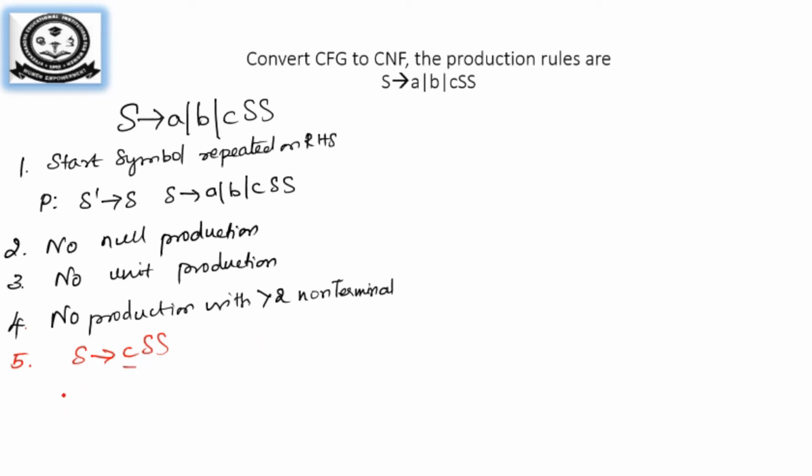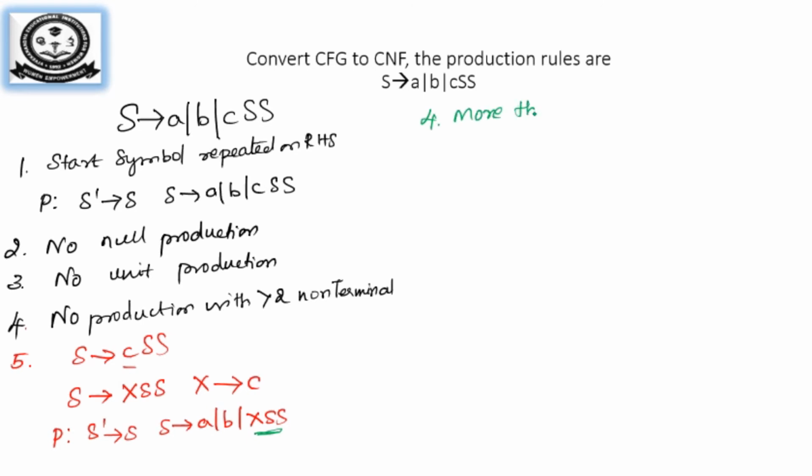So how do we remove it? So this will be implied as C tends to, we'll take X, S, S and X tends to C. So the final production rule will be S dash tends to S and S tends to A or B or X, S, S. So now you can see it is having more than two non-terminal symbols on the right hand side, so you have to remove that. So it is having more than two non-terminals, so I will repeat that. Step 4 should be repeated: